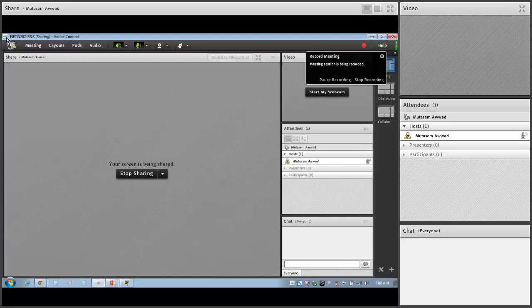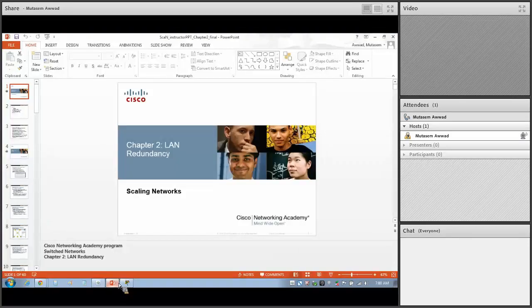And good morning and welcome to Chapter 2. Today we're going to talk about LAN redundancy. And in LAN redundancy, we're going to cover primarily two things, the spanning tree protocol and HSRP, the hot standby